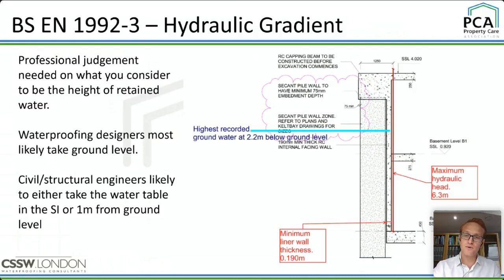So here's a little example. This is a double-story basement, which we'll look at during the case studies. And ground level is up here somewhere. And I said, well, we could have water up there at some point. So your maximum hydraulic head is 6.3 meters. The thinnest concrete section here is 0.19 meters, so 190 millimeters, fairly thin. The developer needed their car parking spaces. So your hydraulic gradient there is 6.3 meters divided by 0.19 meters, which gives you a hydraulic gradient of, I